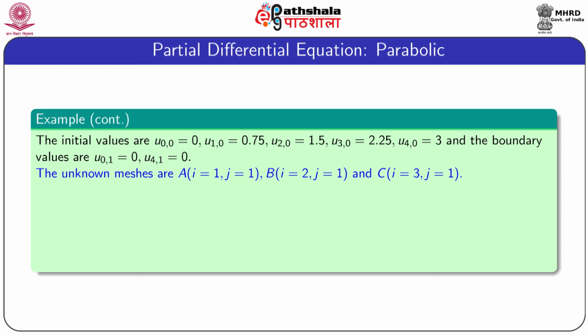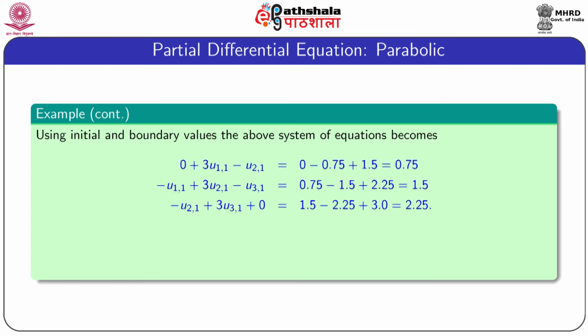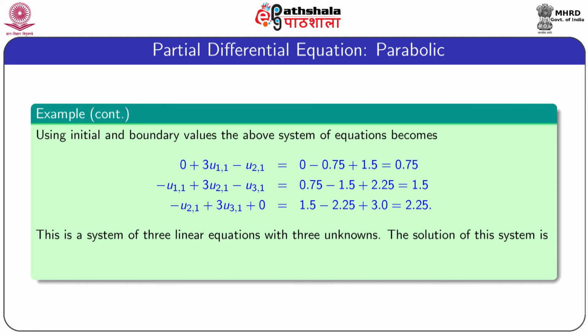The unknown meshes are A, B and C for different values of i and j mentioned adjacent to the points A, B, C, and for this case the system of equations is this one. And after substituting the values of u00, u10, u20 and u30, u40, we get the following system of equations. So, by solving these equations we get the values of u11, u21 and so on. Note that this is a tridiagonal system of equations containing three equations and three unknowns. The solution of this equation is